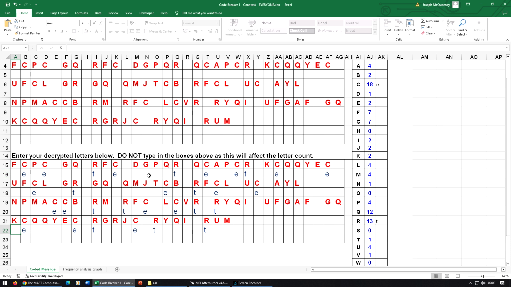So now we start looking at the message itself. Well, a very common word in English is the word the. Now this is coming up twice, this word beginning with T and E, so there's a pretty good chance that that is going to be the word the. So let's put H into our frequency table, and then we can go through and start filling in all of those. So we're looking every time then for F,